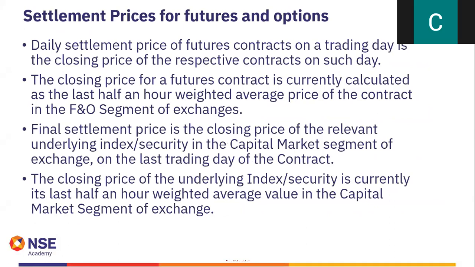Okay, now having talked about settlement, and we have seen that settlement will happen on a daily basis or as a final settlement price. But what exactly is the settlement price? What is that closing price at which the settlement will happen? So we'll try to understand that. Daily settlement, that is for mark to market, the daily settlement price is the closing price of the respective contract